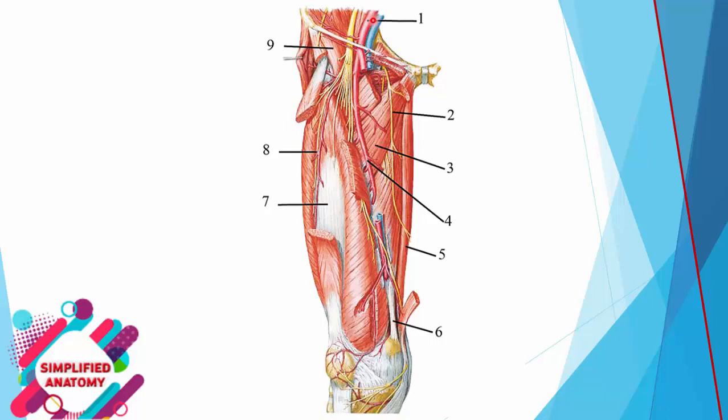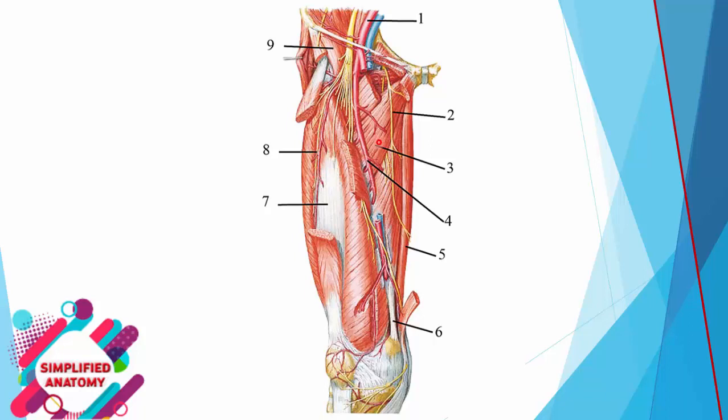What about this artery? Number 1 is the external iliac artery. The external iliac artery passes deep to the inguinal ligament to become the femoral artery. The femoral artery gives a large branch, which is number 4, called profunda femoris. Profunda femoris gives many branches like perforating branches. And this artery that goes laterally is called lateral circumflex femoral artery. It gives an ascending branch, a transverse branch, and number 8 is a descending branch of the lateral circumflex femoral artery.